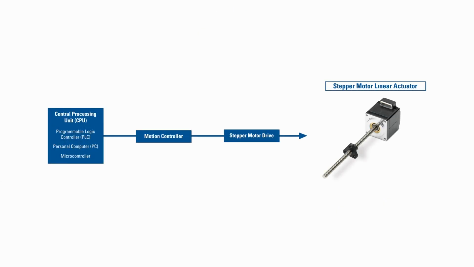The most basic open-loop systems set up for driving a stepper motor linear actuator, or SMLA, consist of three components: a central processing unit, or CPU, a motion controller, and a stepper motor drive. A programmable logic controller, PLC, or a personal computer, PC, or a microcontroller can be considered the CPU, or brains,